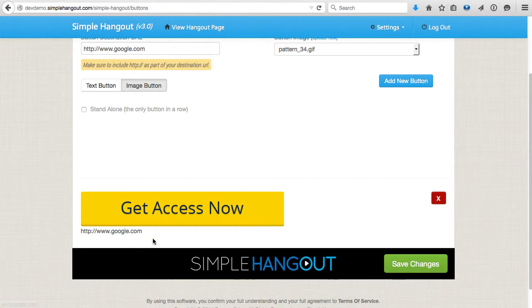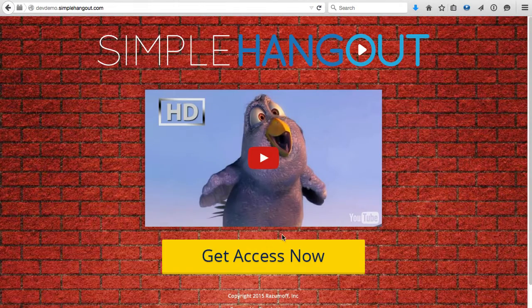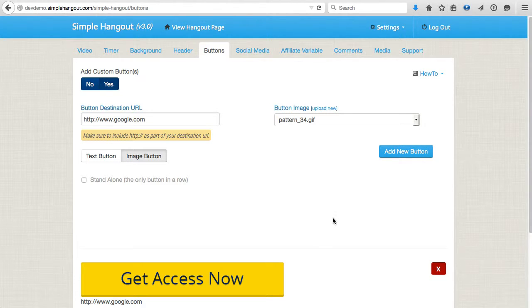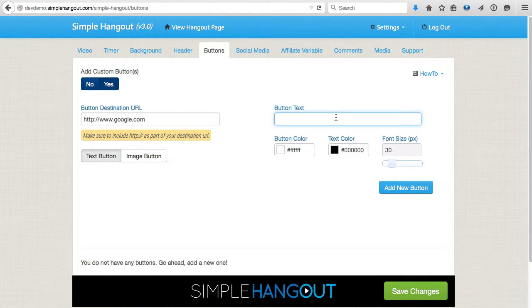So there's your button, it shows you the URL to be used. Let's go ahead and save changes and see what that looks like. And now I have my button under my video. And of course you can add more buttons. Let's just say you don't want the custom image, you want a text button. We can do that. So let's do what? Let's just say, let's do 2 buttons. We'll say one would be